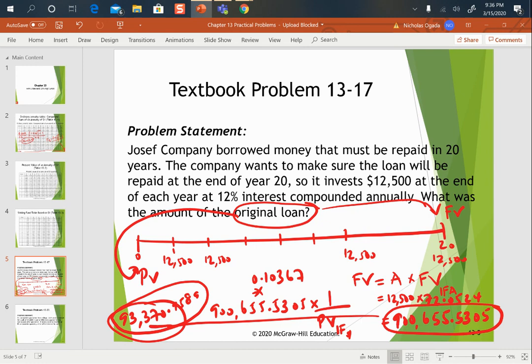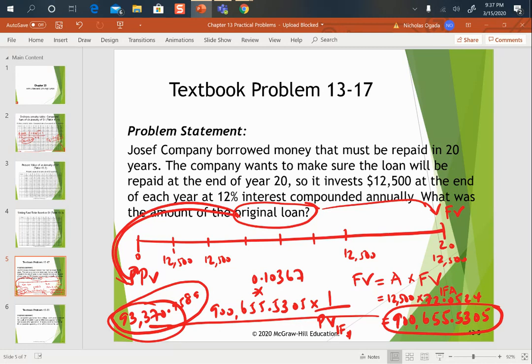So again, it's more confusing, but the original amount, I'll reflect this to be the present value, but how much needs to be accumulated to pay off this loan will be 900,655.5305. Again, in this example, we have applied two things. One is how to find the future value of an ordinary annuity, and also how we apply the present value of a single amount, which is a different table, to find the present value of the